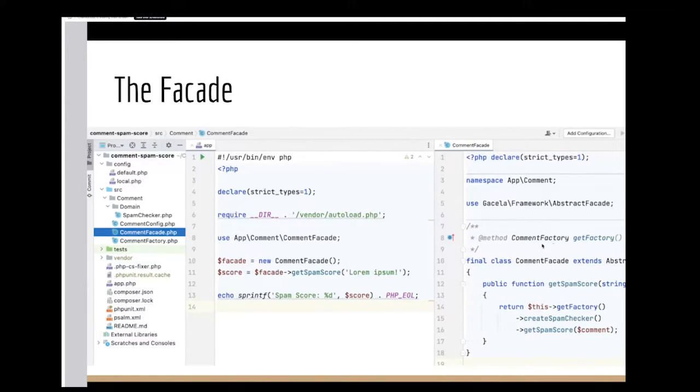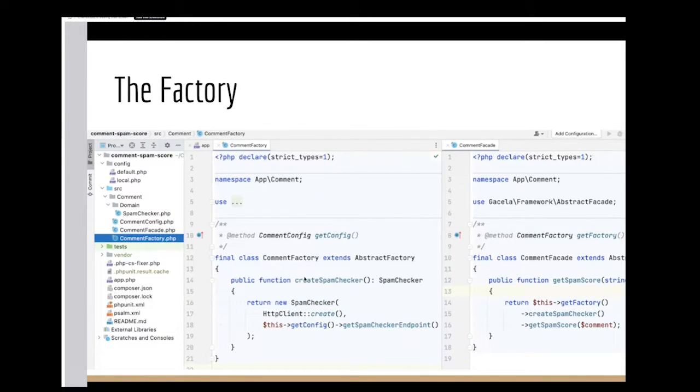We have access to the factory. These 3 lines, this is just a comment, so the IDE recognizes the return of the get factory function that you get when you extend the abstract facade. And then you have help from the IDE. So you have the methods that you have in that comment factory. So if we go to the next one, to the factory,